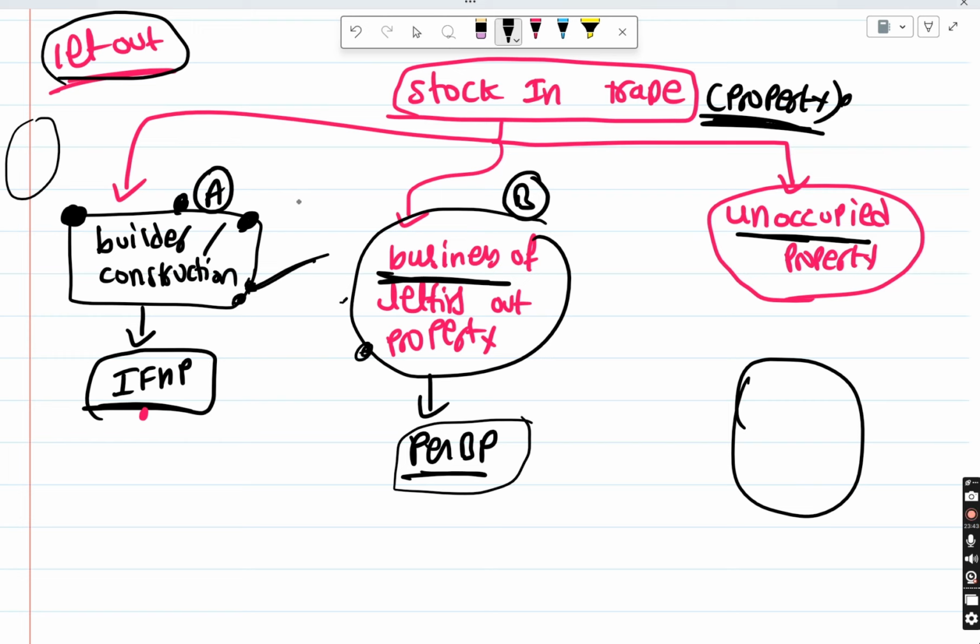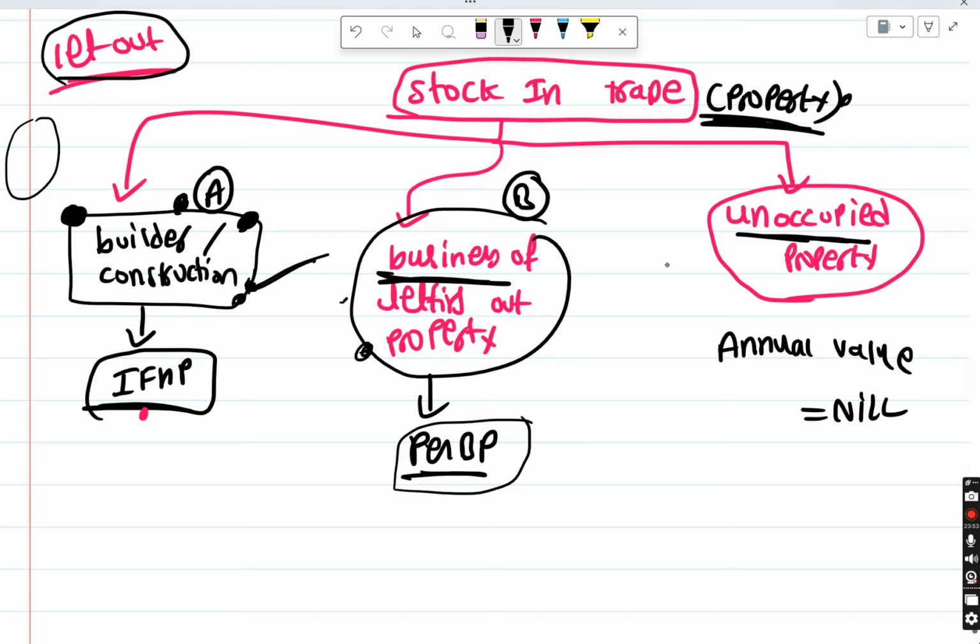Do we need to tax that? No, we did not earn any income from that. So that's why there is something called annual value is equal to nil. You will get clarity on this part once we discuss the remaining concepts. I am writing this here only to complete this concept. You can claim this benefit only for 2 years. Again, all this I will explain a little bit later.